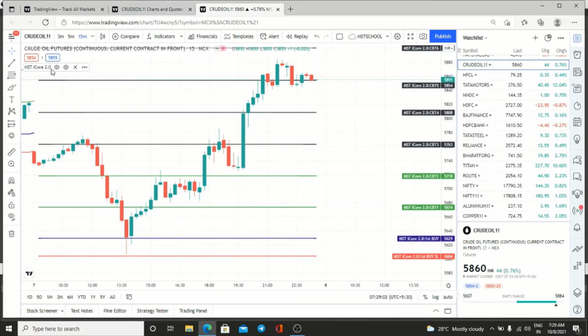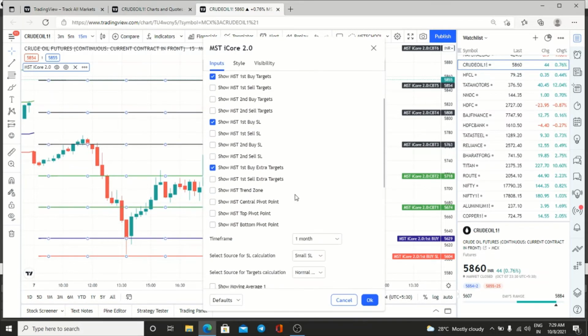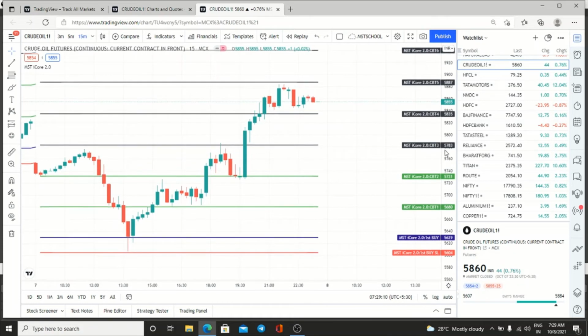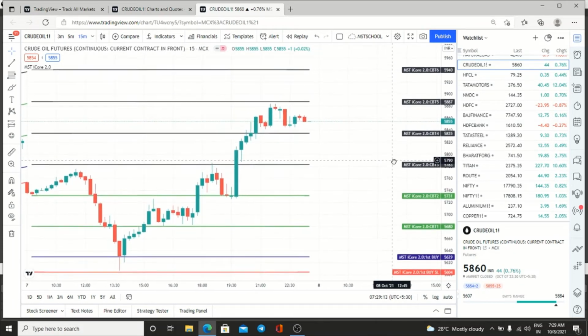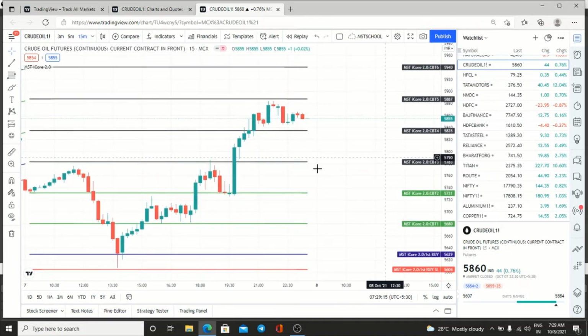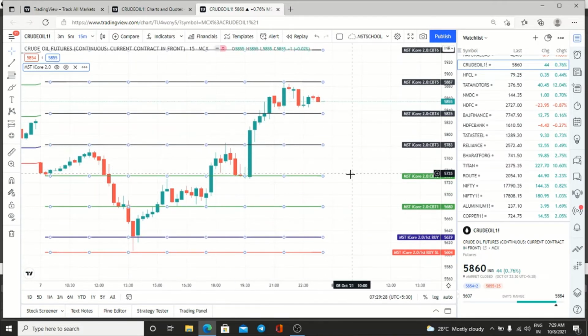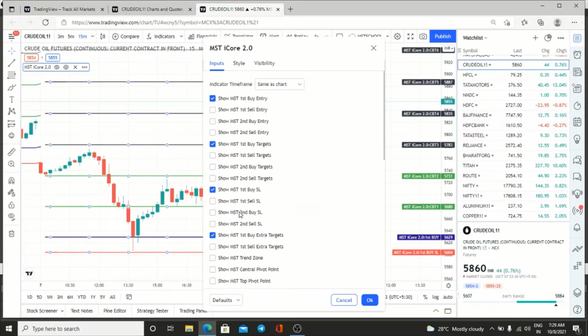It is not 1:1, 1:2. Now we can give big target also. So which means what? It is 1:2.5 or 1:3, around 1:3. So the stop loss is very less, the targets are big. So the high made 5884, our fifth target is 5887. See this accuracy. And each line you can use as the support and resistance. So this is how we have to trade.